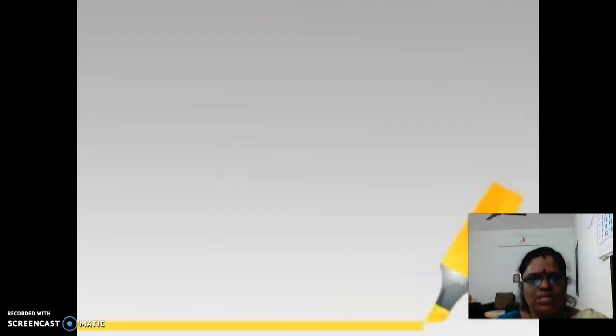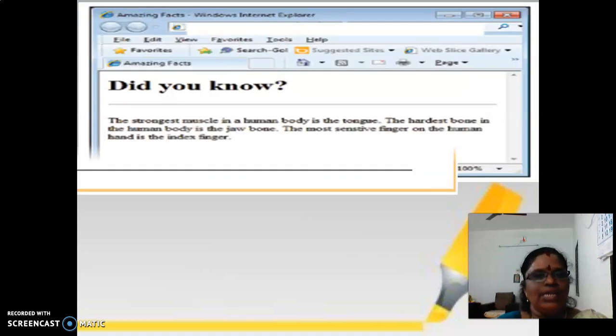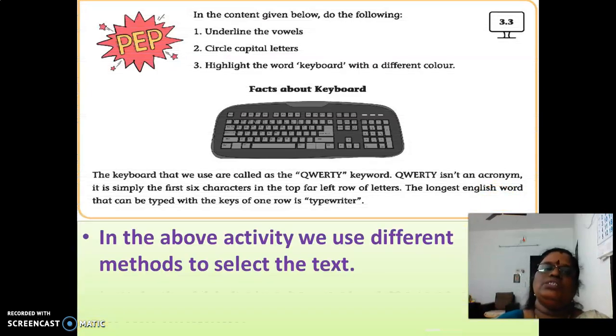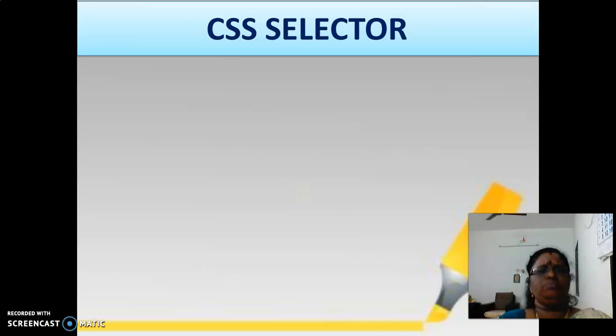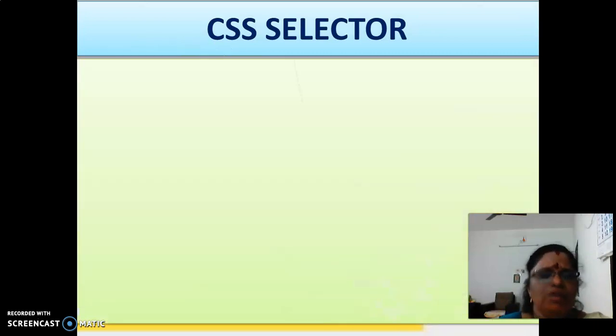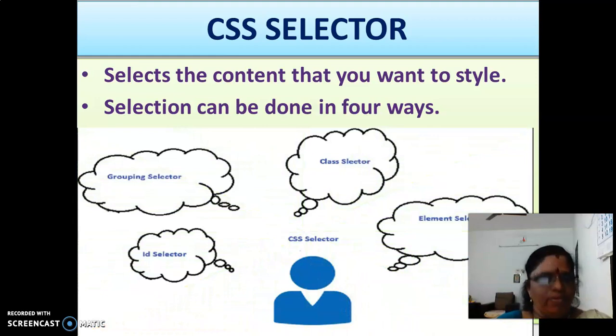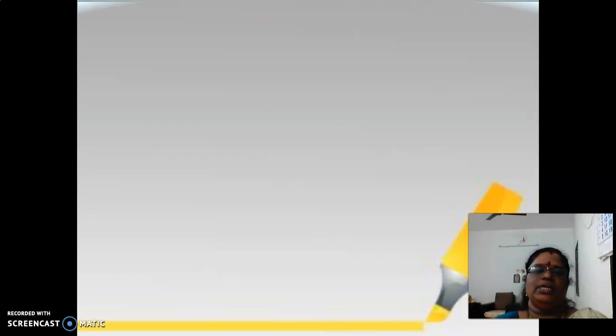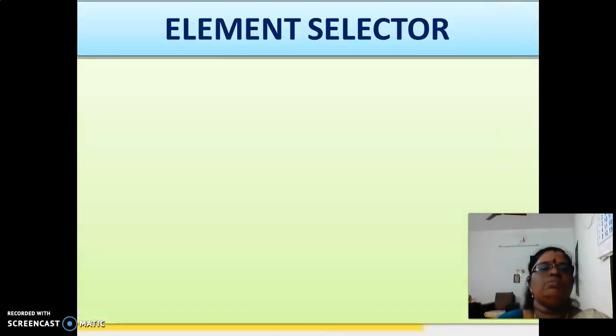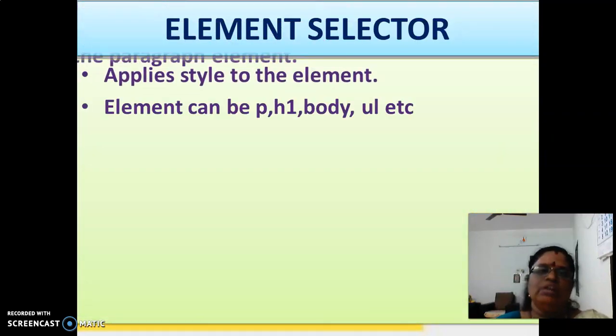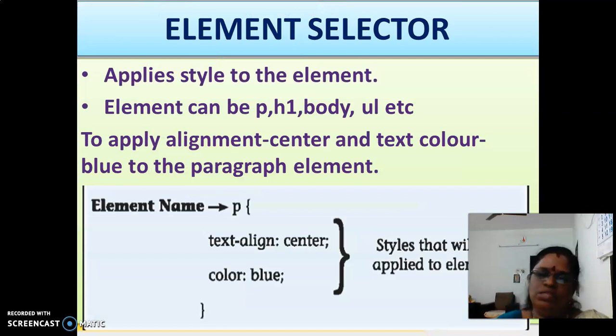After this, we saw about the selectors. How many selectors are there? There are 4 selectors: grouping selector, class selector, ID selector and element selector. What is meant by an element selector? Applying style to the element by using the element name is called the element selector.